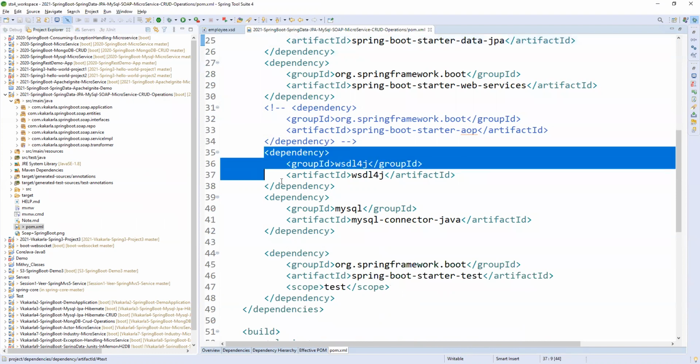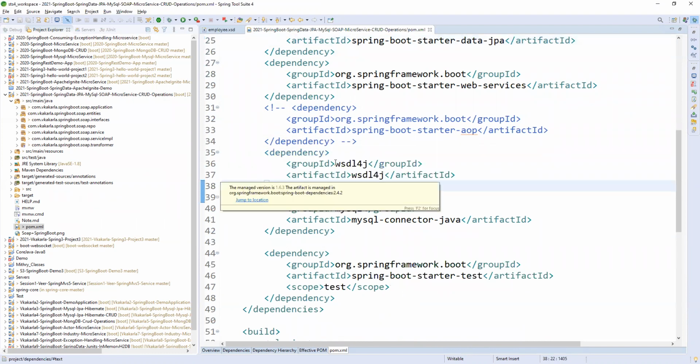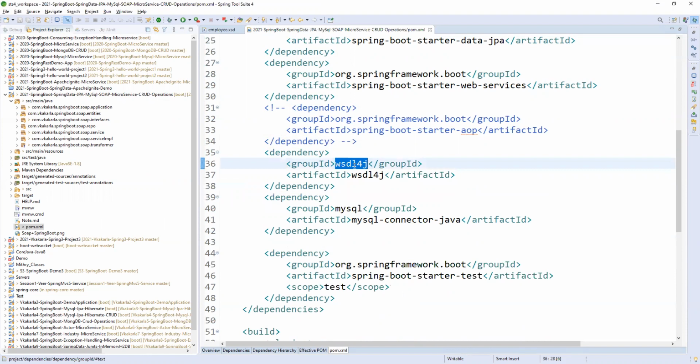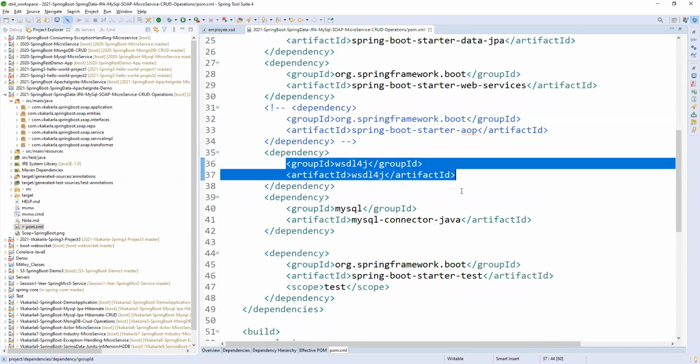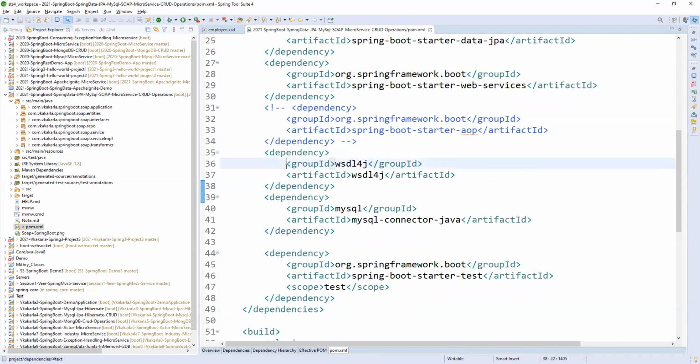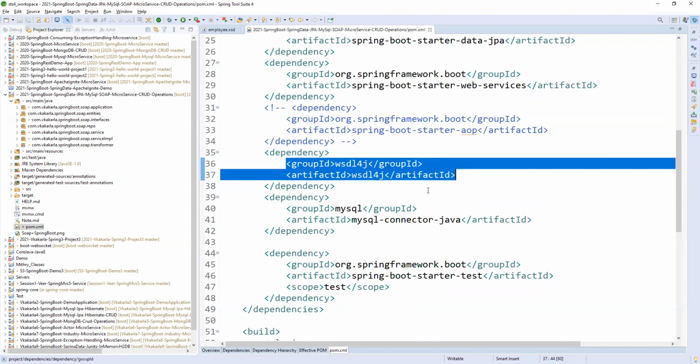Then the WSDL, the Web Service Definition Language, which is the documentation language. We are going to expose WSDL from our project. What about endpoints? In a RESTful service, we call them API URLs or endpoint URLs or APIs. But in a SOAP service, each and every API is an endpoint. So we expose endpoints through the WSDL document, which we will see now.